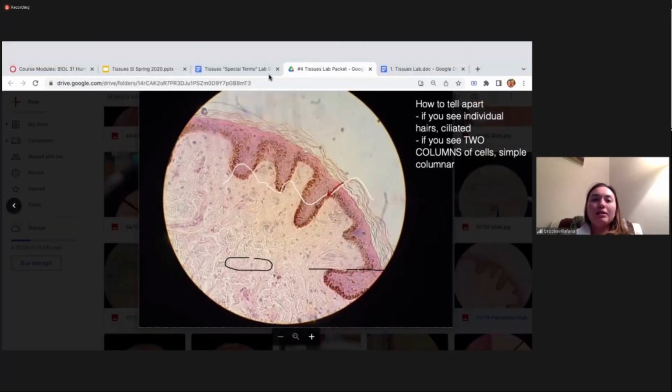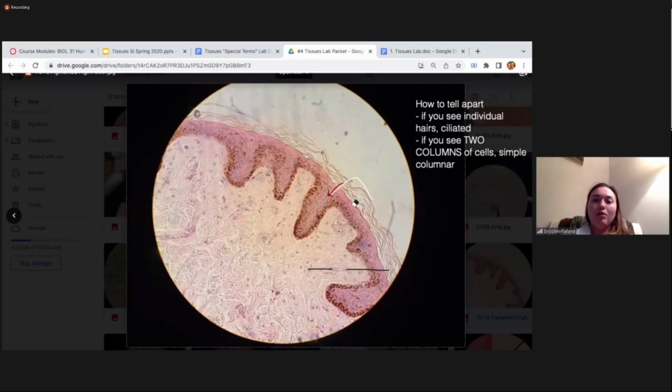So one of the things you guys need to be able to do for your packet and then also for the lab exam is label the layers. So we just said that this layer is called what? Stratum basala, right? So that's the way you guys can remember the layers is boys, and then we can go boys say, girls like chocolate. Okay, so this chocolate is the top layer, it's the stratum corneum, and you do need to know how